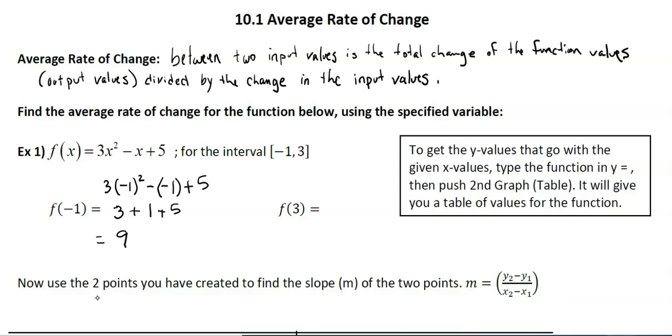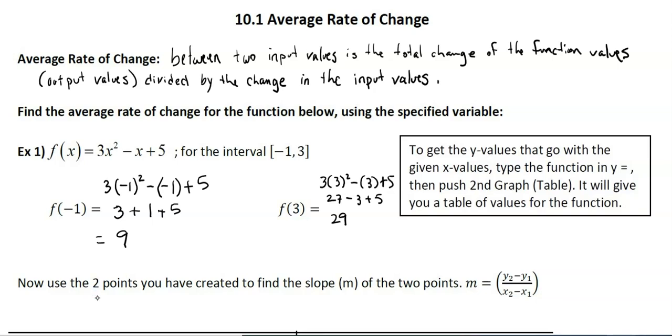And then f of 3, we do the same thing. But over here, we get 3 times 3 squared minus 3 plus 5. 3 squared is 9 times 3 would be 27, minus 3 plus 5. 27 minus 3 would be 24, and 24 plus 5 is 29. So now that we have the y values, if you will,